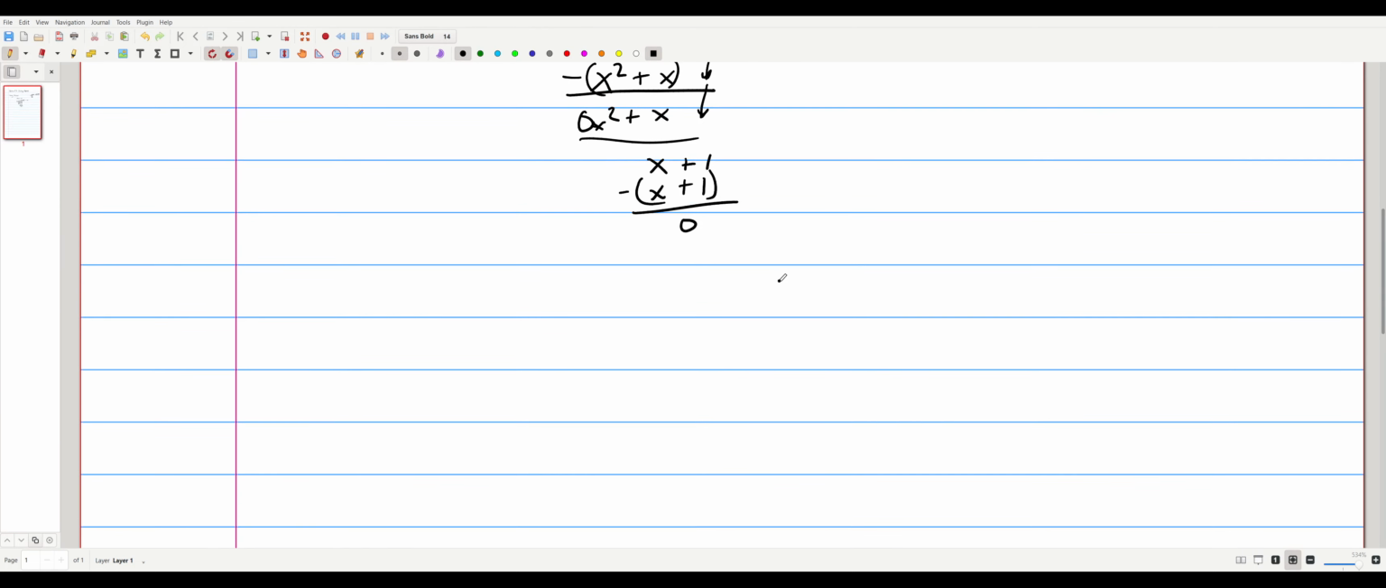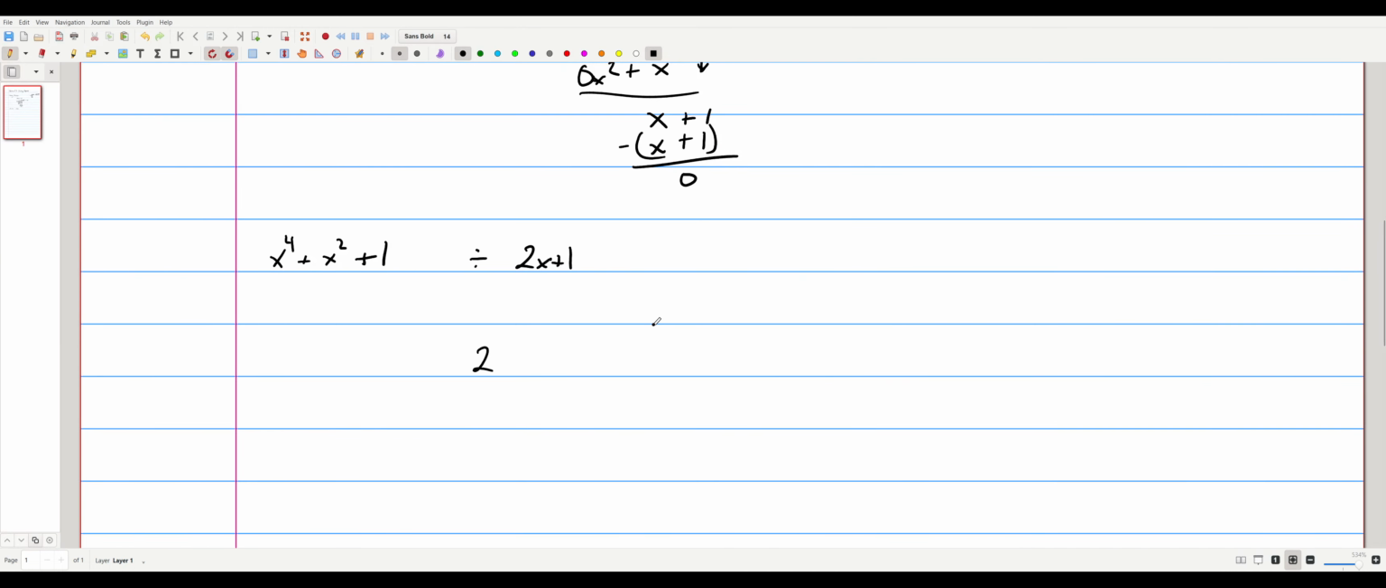So let's go ahead and do another one. I'm just going to make one up out of thin air. Okay, let me write it in the other form first. Okay, so assume we're trying to figure out x fourth plus x squared plus 1 divided by 2x plus 1. So if we set this up in long division,